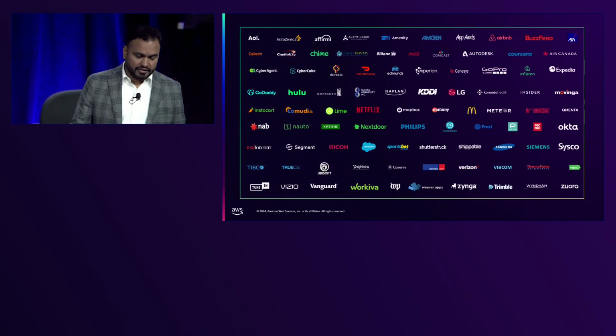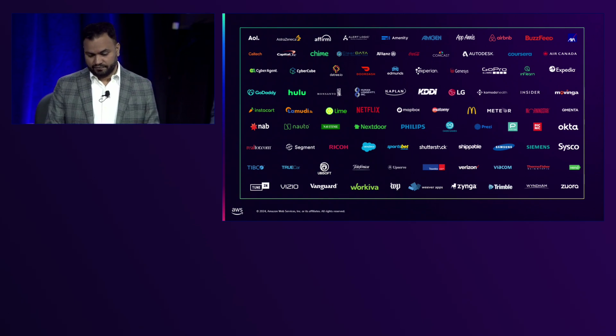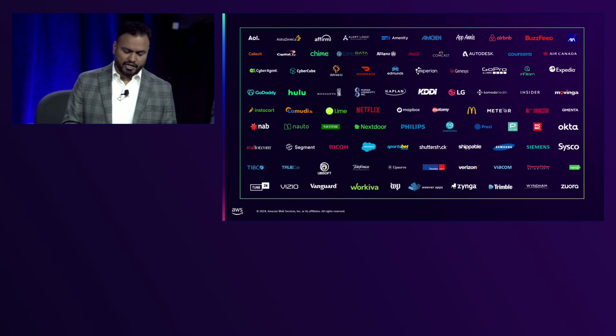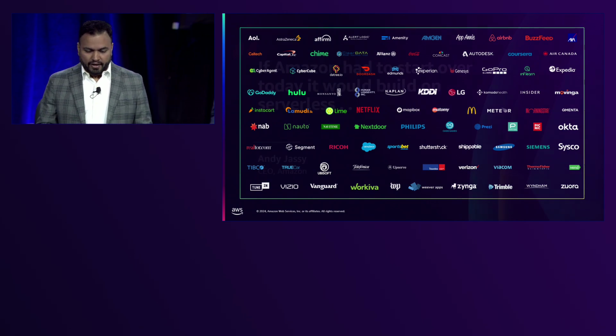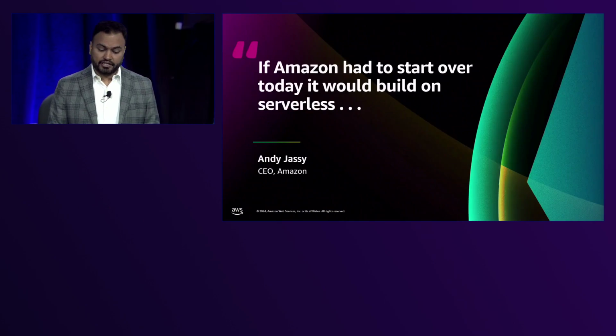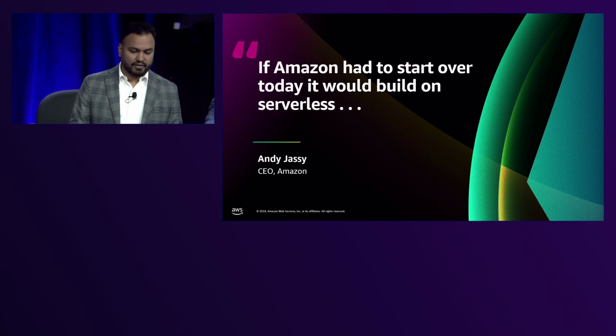So Aeon has now built the serverless workloads as well. And out of hundreds of thousands of customers that currently are building their applications and workloads using serverless, these are some of the common names that you might have heard about. And this is a famous quote from our CEO: if Amazon.com had to start over today, we would build it on serverless. With that, I'm going to pass the mic to my friend Jay,